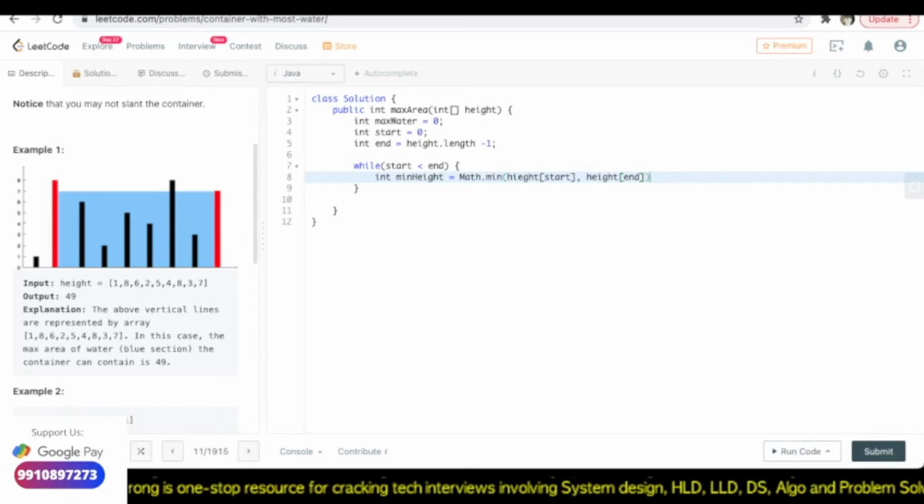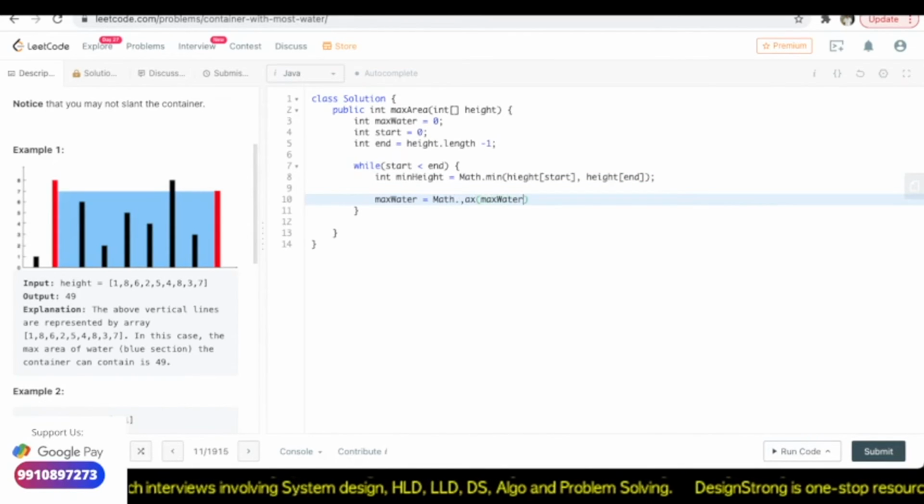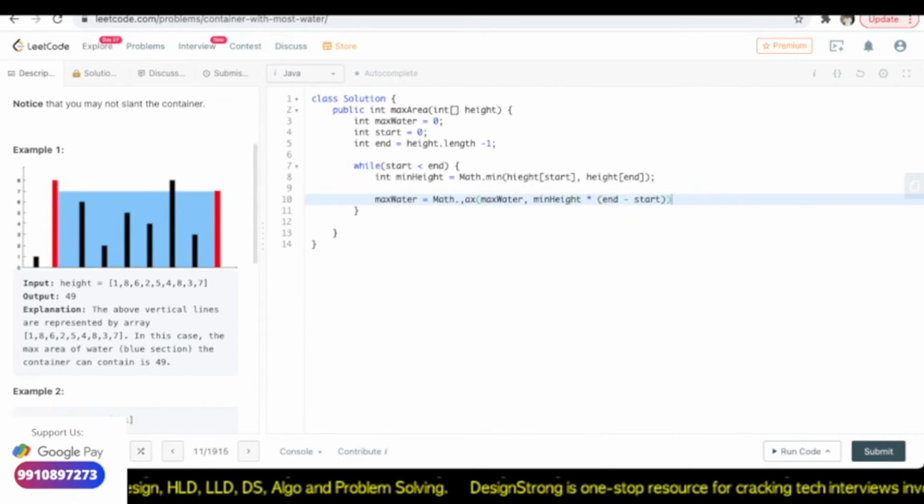So whatever is the minimum of the two, I'm going to select that as the minimum height, and then max water will be Math.max of the current value that it has in max water and the minimum height that we calculated multiplied by end minus start.